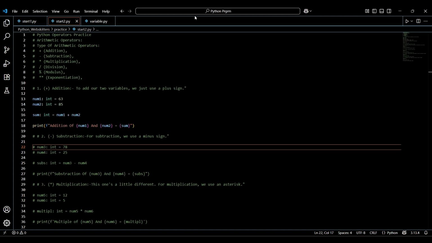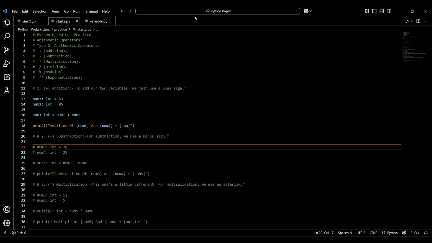So far we have learned how to store different types of data in variables, but what's the point of having all the data if we can't do anything with it? Today we are going to learn about operators. Think of operators as symbols that tell Python to perform an action, like adding two numbers together. This is where we start bringing our code to life.